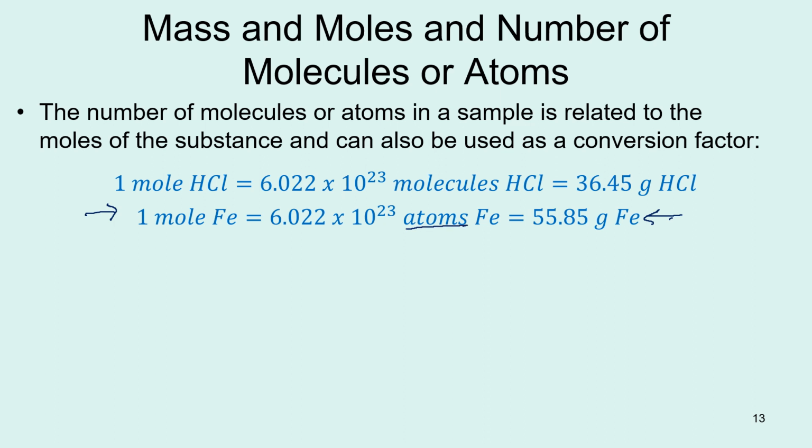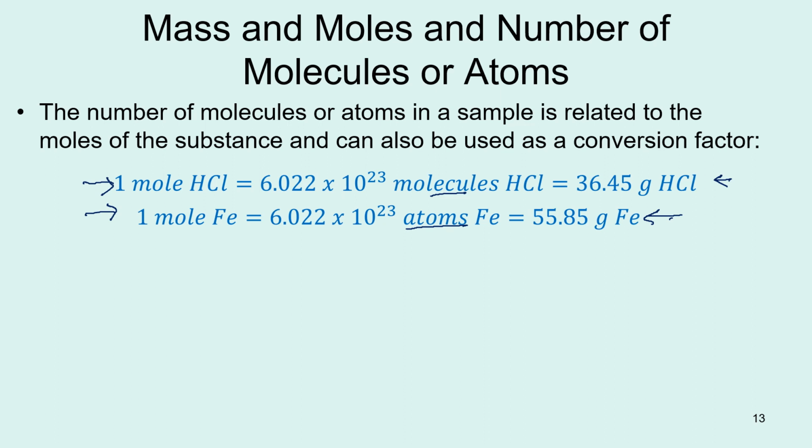If we have 1 mole of any compound, it's equal to its molecular weight in grams, and there are 6.022 times 10 to the 23rd of those molecules in that compound. So we can actually use any of these 3. All of these 3 are equivalent to each other, so we can use any 2 of these as a conversion